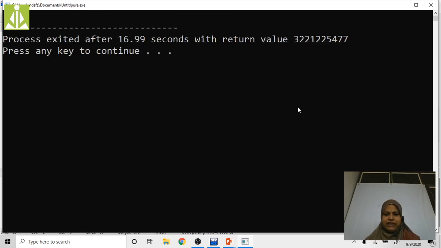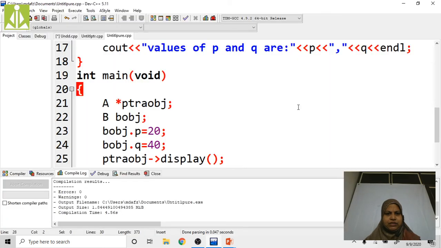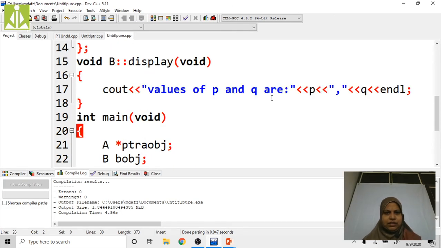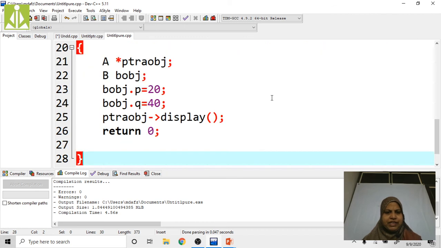Wait for some time. Why am I not getting this? We have to get this one. See here, why are we not getting the output?